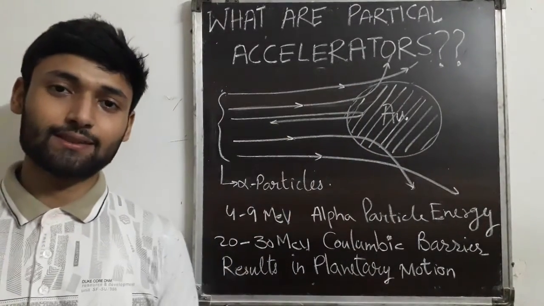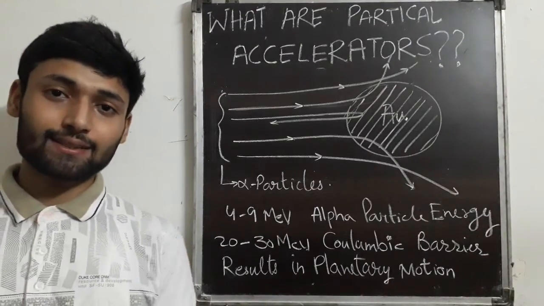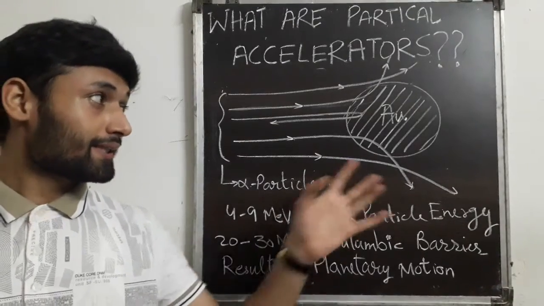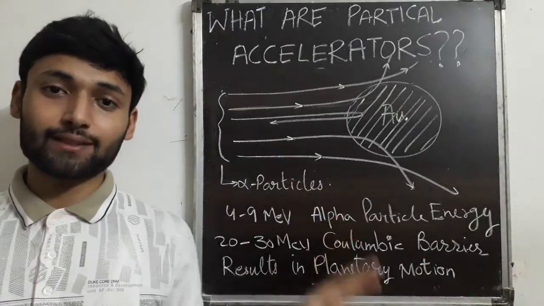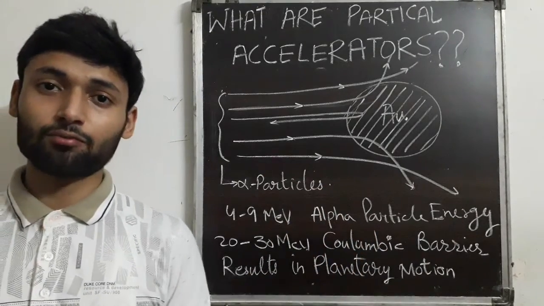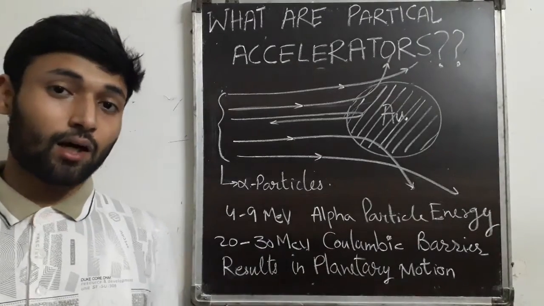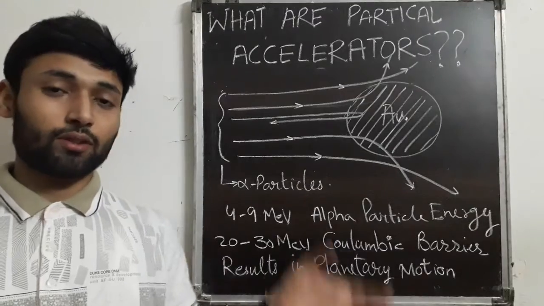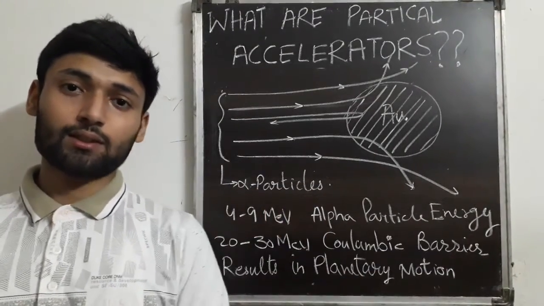If you are a biologist, you may ask for the microscope to see the tiny viruses and bacteria, but these constituent particles are of the order of 10 raised to power minus 15, so no such powerful microscope is available to us. Let us understand how the particle accelerator acts as a microscope for a physicist to see all these tiny constituent particles of matter.